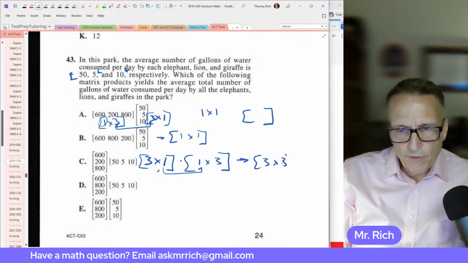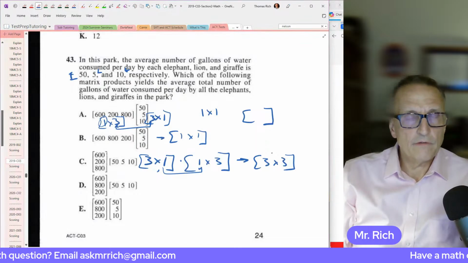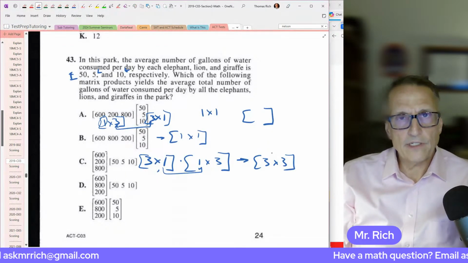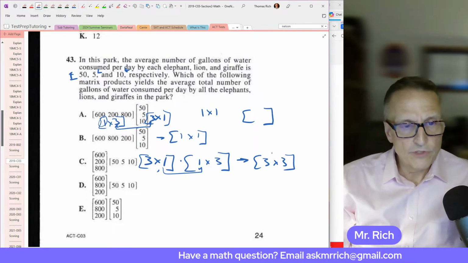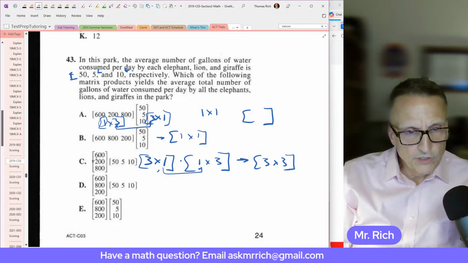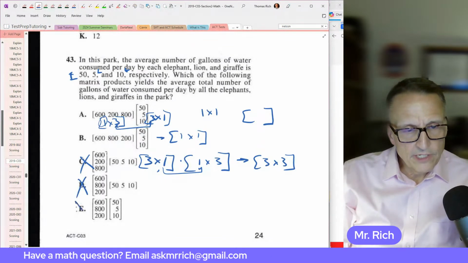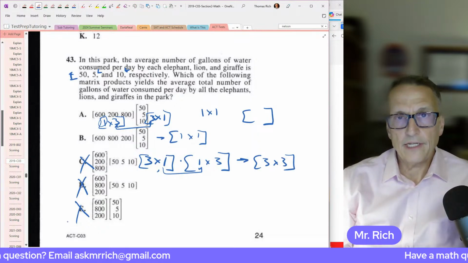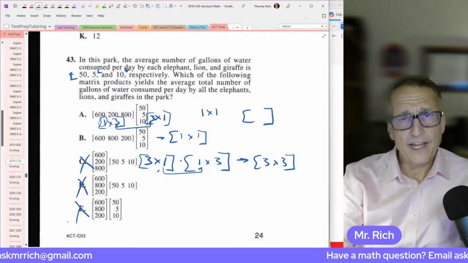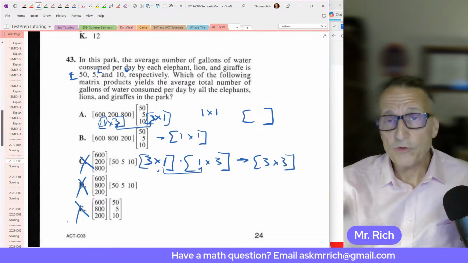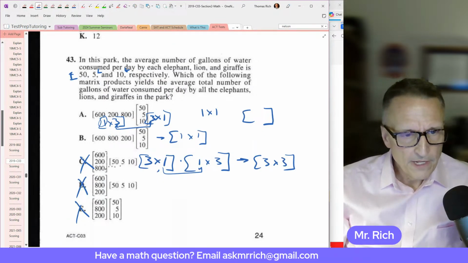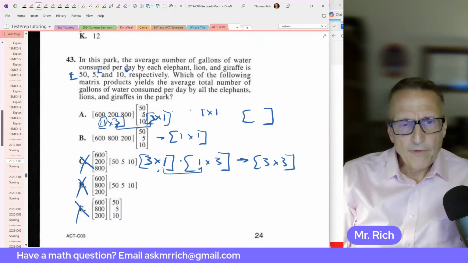I'm not looking for 9 numbers in this. That wouldn't make any sense. I'm looking for one number to represent all of the gallons that all the animals would consume. So really what that does is it takes out answers C, D, and E. Now on the enhanced version of the ACT, if you've worked any of those practice tests, you know there's only 4 answer choices there. So we got rid of those 3. Now the question just is